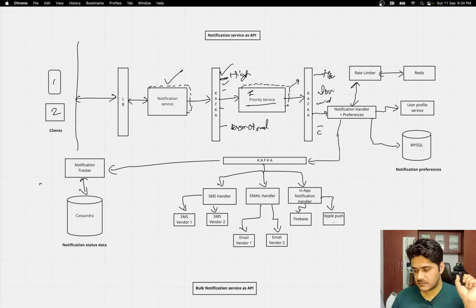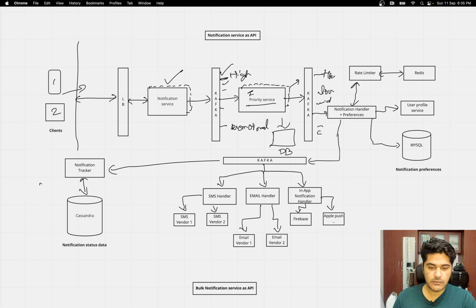So it is kind of a flag or a signal which your client will send you, which this understands already, and it will use that to categorize it. Or you can have an external cache or a fast DB here to support this, where you will read from the DB, and on the basis of this you will decide what the priority is and ultimately feed it to the correct topic, right?